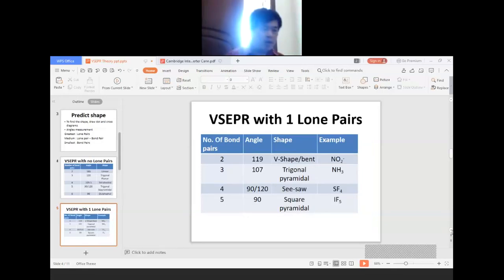VSEPR with one lone pair. With one lone pair, there is a molecule or polyatomic ion, which is nitrite. It has a bond angle of as much as 119, and the shape of the polyatomic ion is bent or V shape. And then this one next,